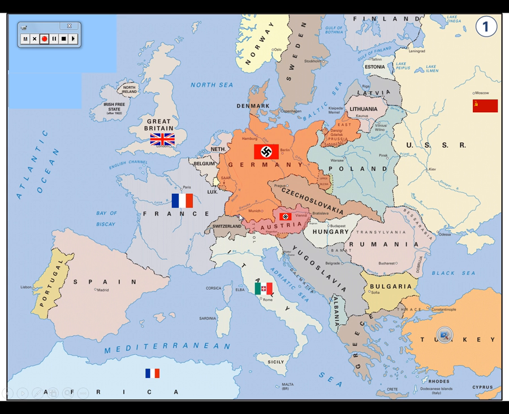Trapp family having to escape to Switzerland and then the United States. Then after that, he announced that he wants the Sudetenland. The Munich conference allowed him to do that in the fall of 1938. That was when Neville Chamberlain